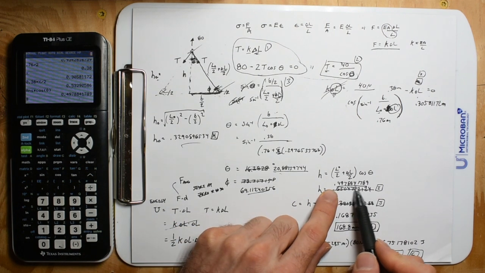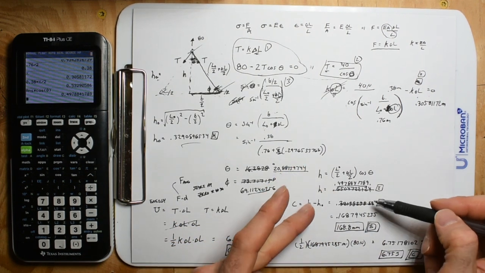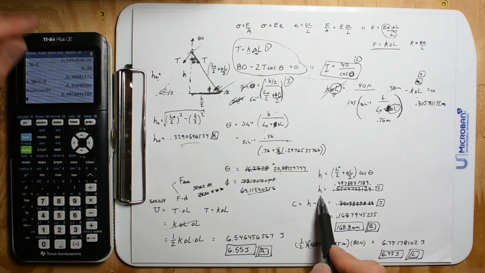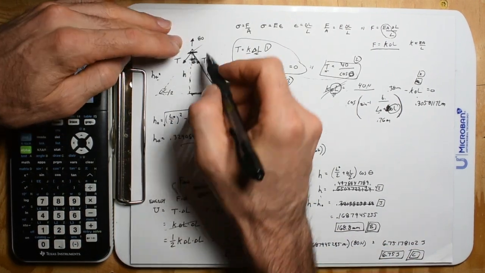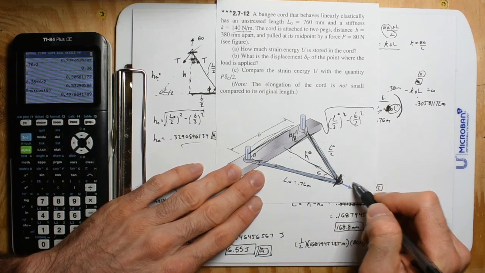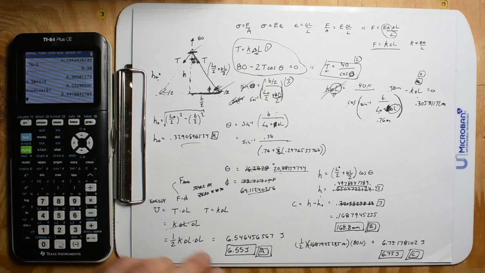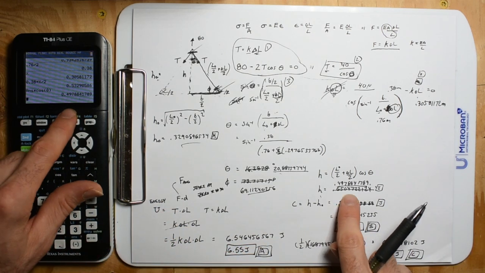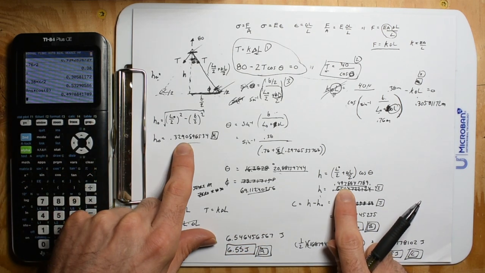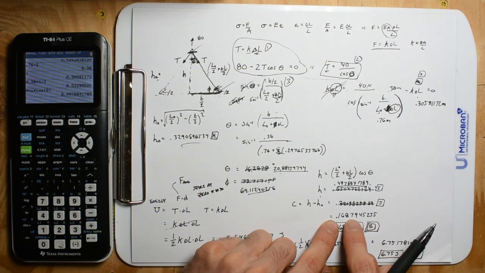And I wrote everything down exact to 10 digits, so if you do this on your own, you can check the 10-digit answers. So this is going to be my H final. Then they're asking, what's the displacement C from initial to up here? That's going to be your displacement C, and it's just that H minus the original H. I have these stored in my calculators, H final minus H initial. And then we get